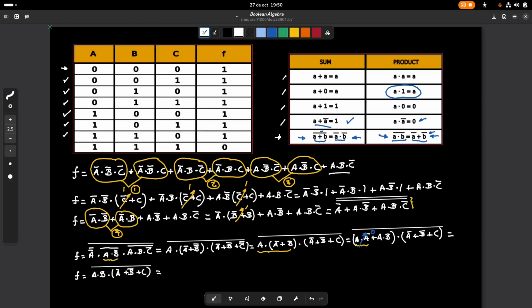And by using the distributive law, I multiply this term with the inner ones, and I get